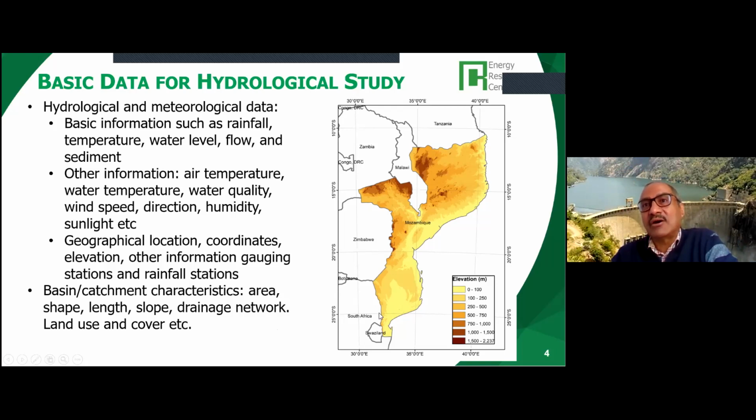So you have, of course, on the coastal area, low elevations, less than 100 meters, even less than 30, 20 meters. But the mountainous areas are on these things, hilly areas. So I would assume the darker it is, our mini hydro projects or hydropower projects will be located in these darker, higher elevations. For example, the Cahora Bassa reservoir is somewhere here in the